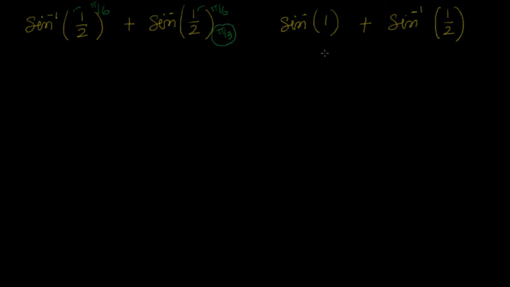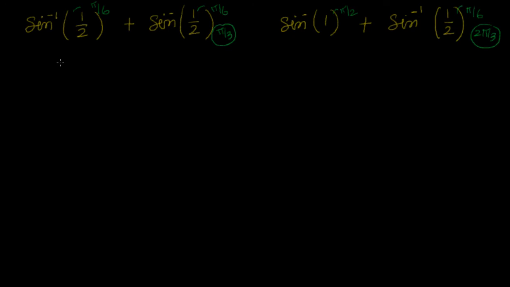That should be my answer. Now similarly here I know sine inverse 1 equals pi by 2 because sine 90 equals 1, and the range is minus pi by 2 to pi by 2, so I am pretty much fine. Sine inverse 1 by 2 is sine 30 degrees, that is pi by 6. So if I add, this is 3 pi by 6 plus pi by 6. So the answer should be 2 pi by 3. Now let us see what answers we get if we go ahead and solve these problems. Then based on that we will finalize the approach we have to follow.